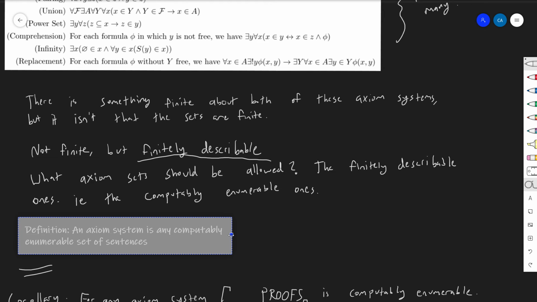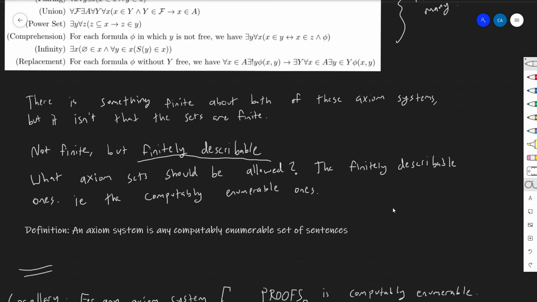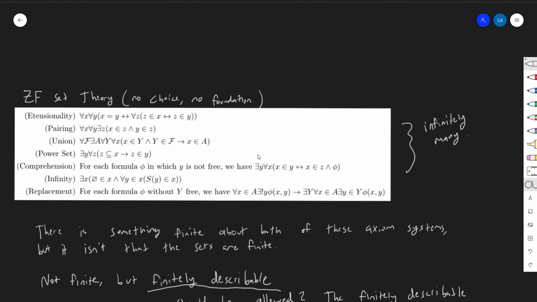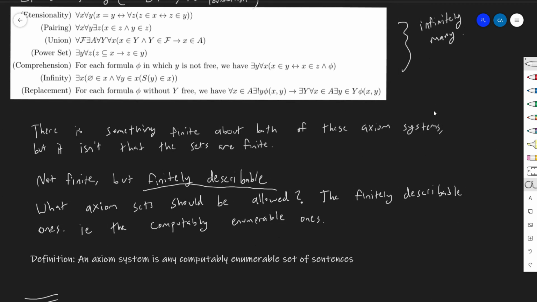It must be computably enumerable. Why? Because what we really are saying here with computably enumerable is finitely describable. What we're really saying here is that it needs to be able to be written down something like this. This is finite describability. Look, all of them are here. And remember I said earlier, we made sure to be very comfortable with this fact that finitely describable means computably enumerable, and computably enumerable means finitely describable. We talked a lot about this, and this was one of the reasons why.